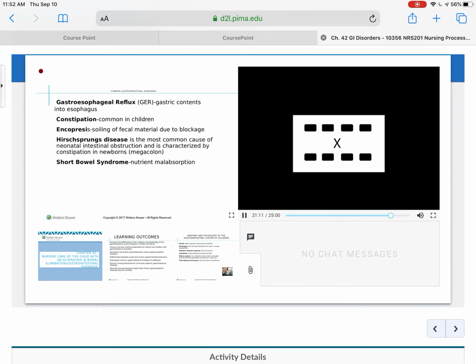So they're lacking the ganglion cells, so it's an aganglionosis, and they would have to do a resection of that bowel. There's no other way to do it. If it's down towards the rectum, they will have to do an ostomy. But if it's a little higher up, they can do what's called an end-to-end anastomosis. So they'll cut out the bad part, put the two good parts together, taking out that